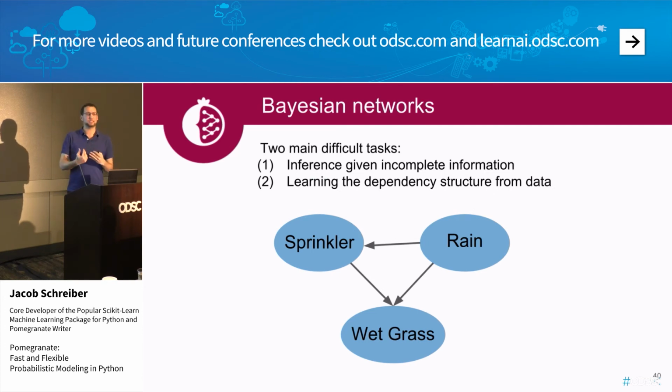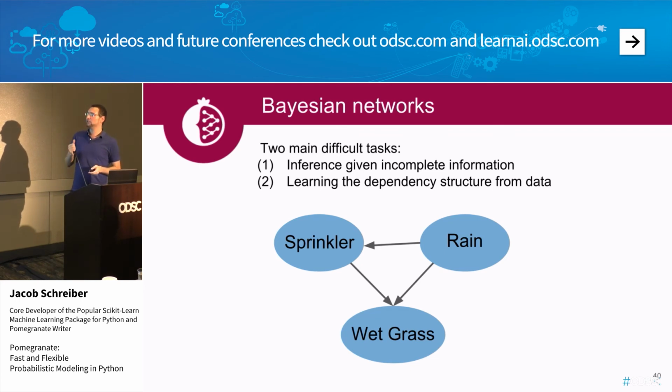There are 2 main tasks when it comes to Bayesian networks. The first is performing inference. Generally, the reason that people use Bayesian networks is because they're very flexible when it comes to what data is present and what data is missing. Many classic machine learning algorithms say, here are my features that are always present, and I'm going to predict something which is always missing, like your Y label. With Bayesian networks, not only can you have widely varying amounts of missing and available data, but these can differ on a sample-by-sample basis. It'll simply use all of the available data in order to get better estimates for the missing data. So this is incredibly flexible.